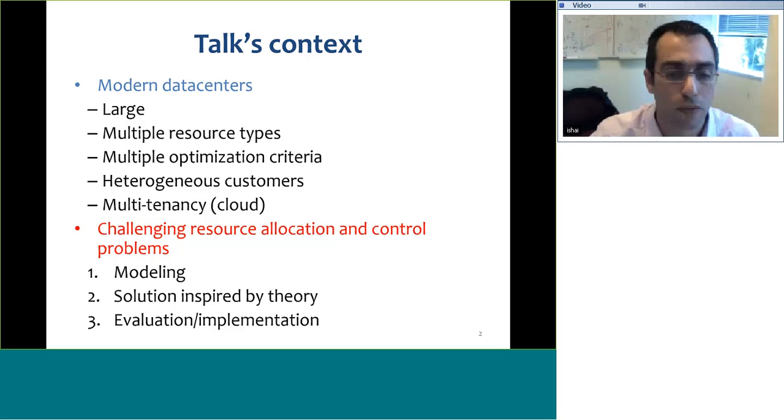How do you give each one of the users the feeling that he gets performance isolation, and that he can get the quality of service independently of what others are currently doing? So this brings into the picture a lot of challenging resource allocation and control problems, and I think that one of the biggest challenges